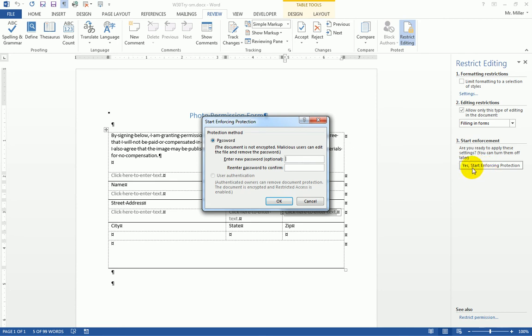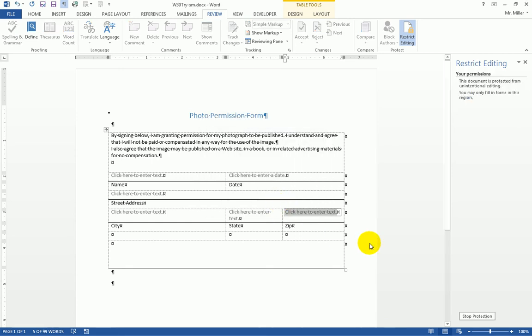If you're not concerned about that, if you don't think that anybody's going to turn it off unless they're supposed to, then you don't need to worry about a password. So we're going to do this without a password right now. So we're just going to leave this blank and click OK. And now